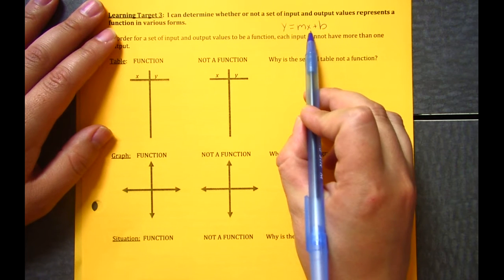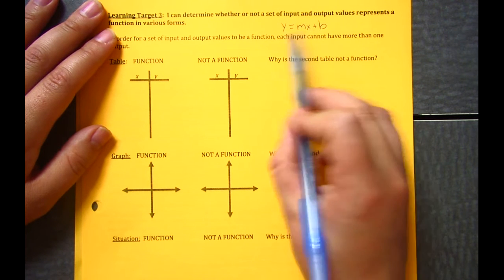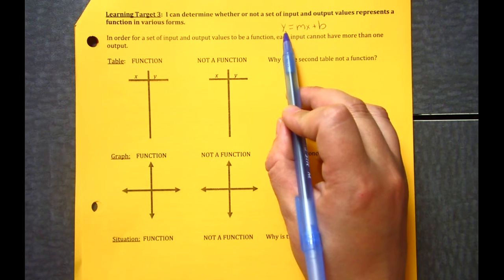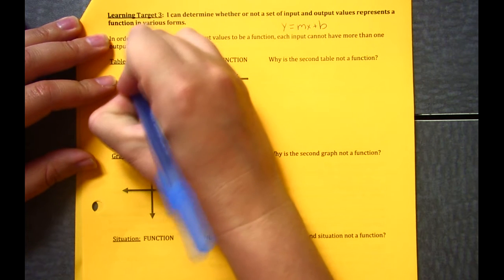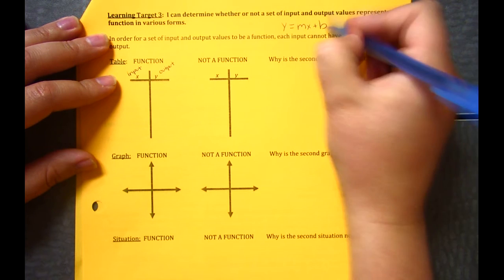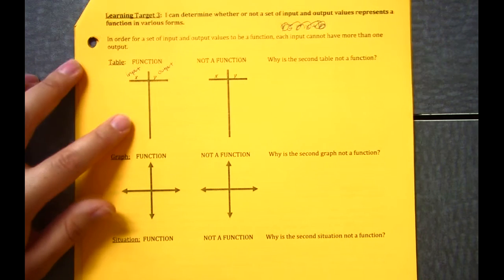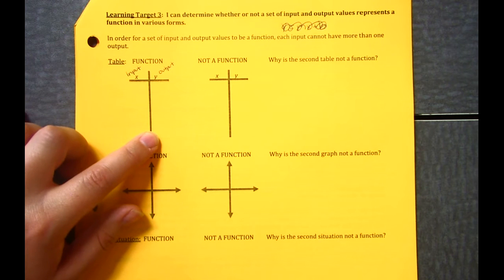X is all the things that you're putting in, and then you multiply it by this and add this, and then you get an output out. X is always the input, Y is always the output. Okay? So now that we have X is the input and Y is the output,